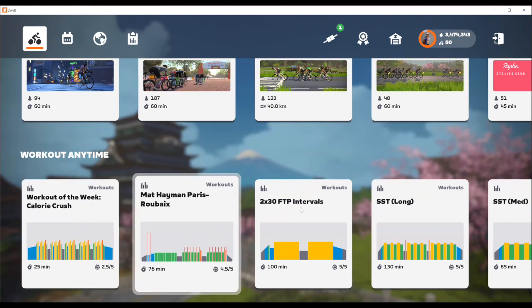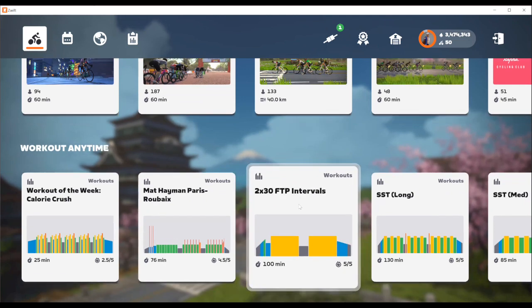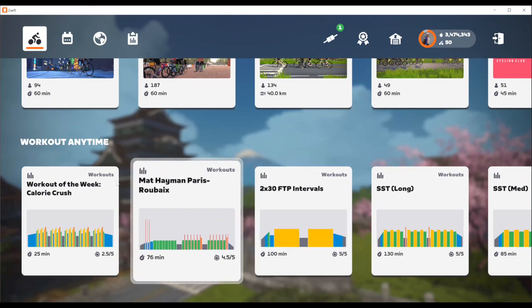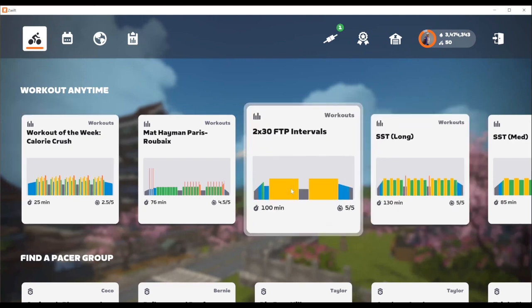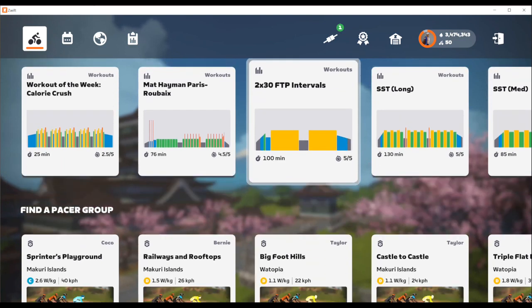Here are several of the workouts that are listed. I would say that for any new beginner within Zwift, I would stay away from looking at any of these particular workouts here, and I'll show you where to find a workout for a beginner, because they have specific workout plans that you could utilize, as opposed to just choosing one that you may not be familiar with or may not be right for what your particular cycling goals might be.